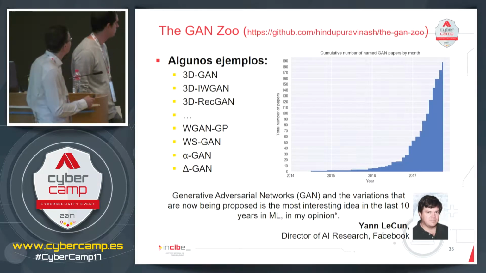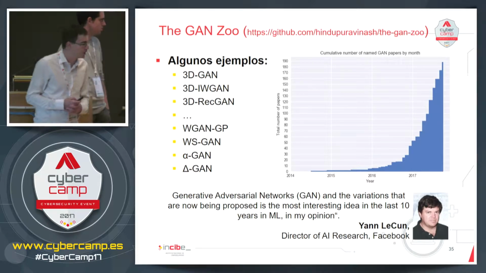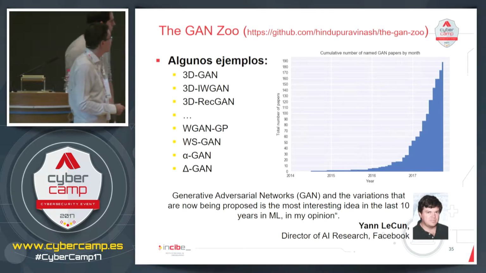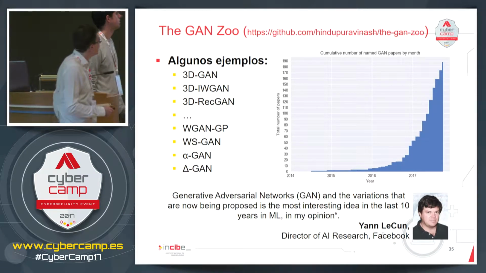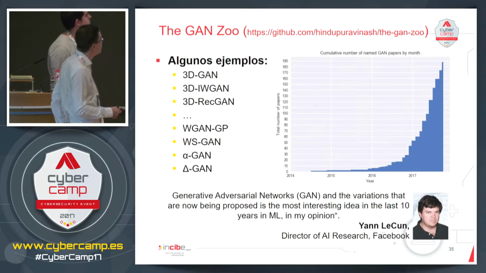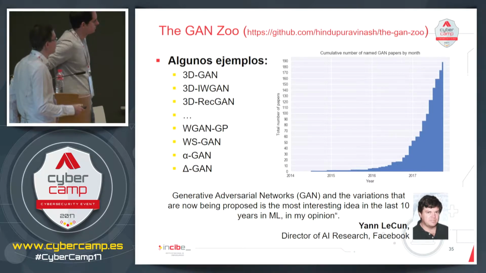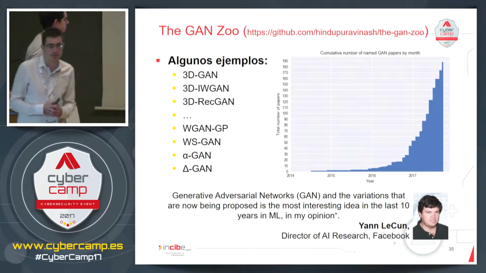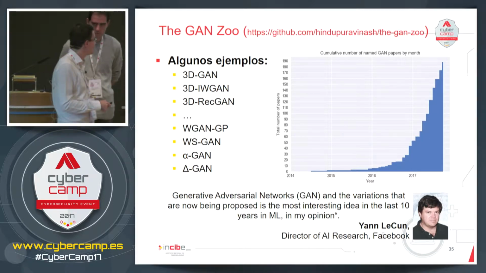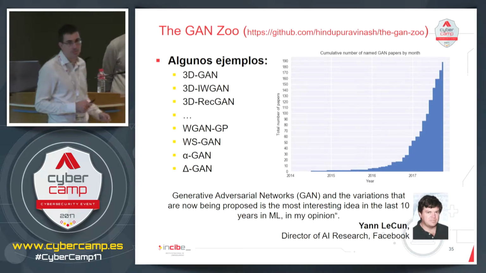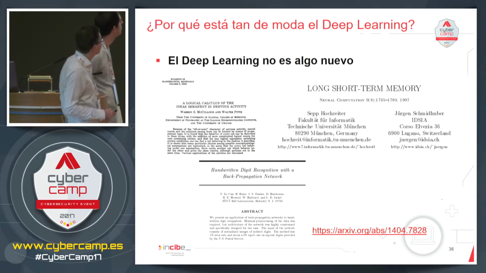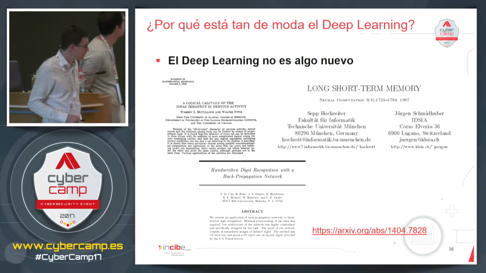This idea of the GAN network is very interesting indeed, and there are many variations out of the original idea. The GAN networks were created in 2014, and this is the number of papers published per month where the word GAN appears. So it is growing exponentially. The director of AI research in Facebook, Yann LeCun, thinks that this type of networks are the most interesting ideas in the last 10 years in machine learning. And going back to deep learning,